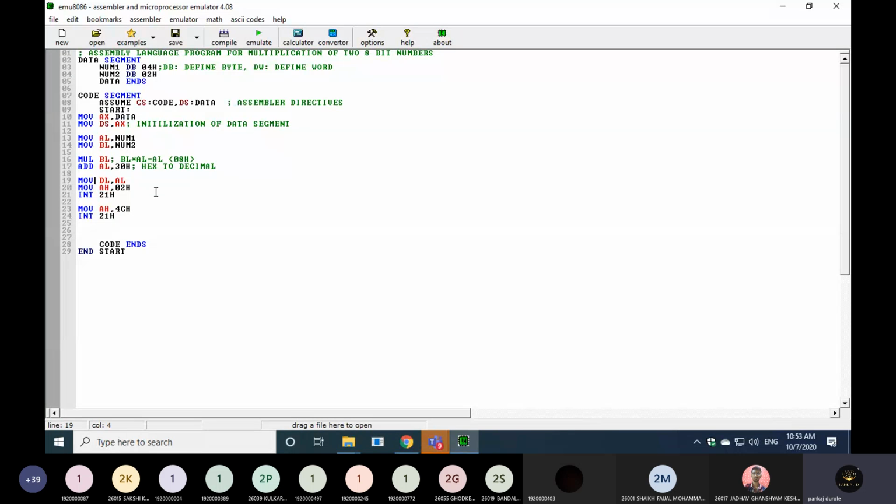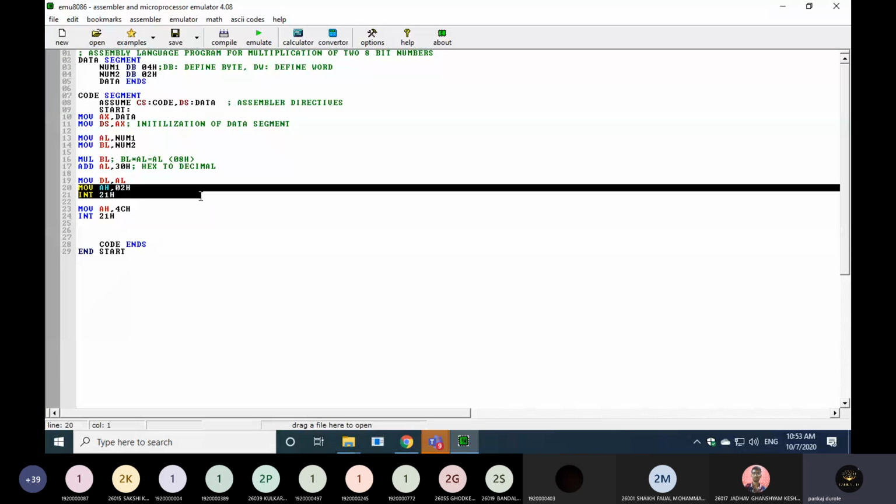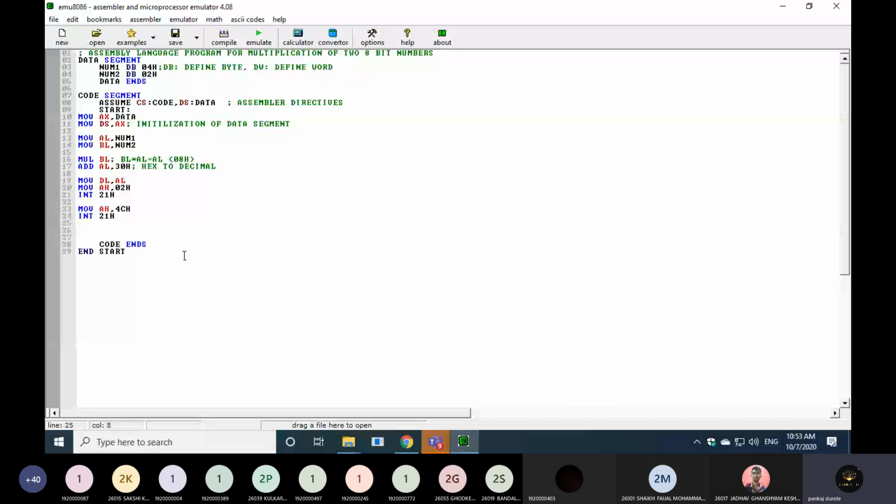So after we take the content from AL to DL, right, we need to display the content of DL, right? To display the content of DL, we need to use these two instructions: MOV AH, 02h and INT 21h. So the contents of DL are displayed on the output screen. And these are the two instructions, right? This is the INT 21h, right?